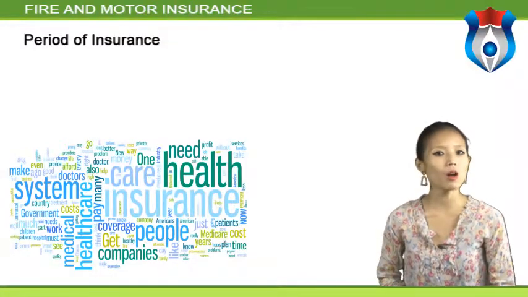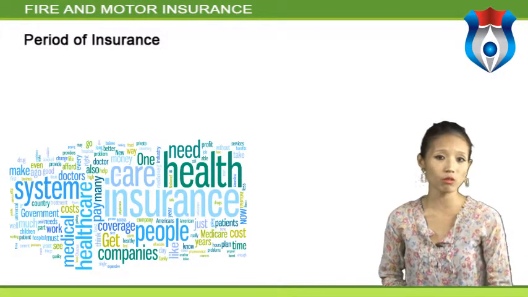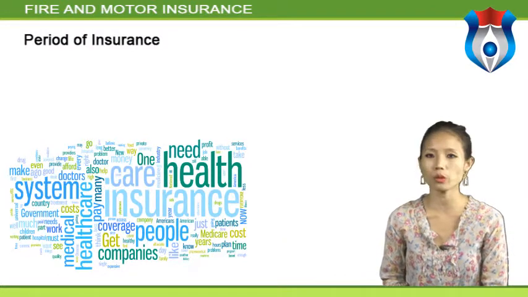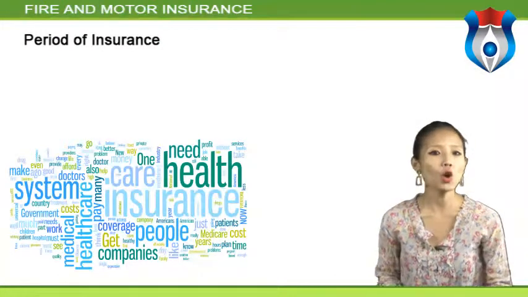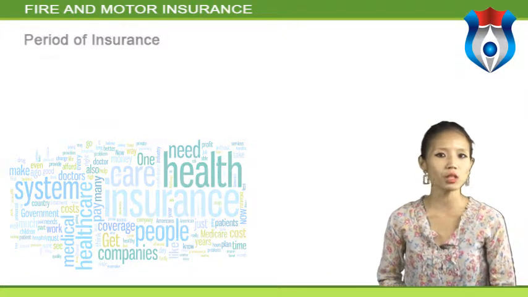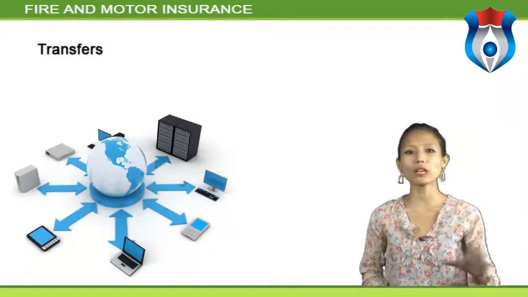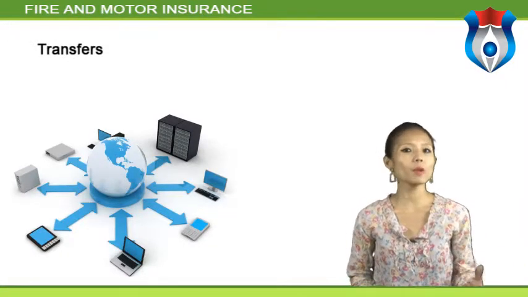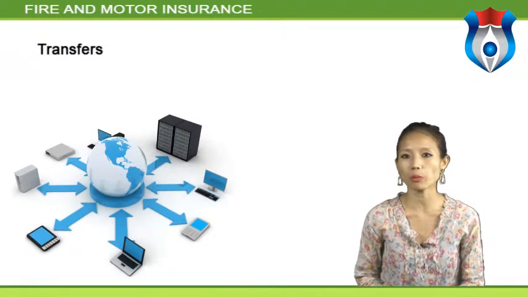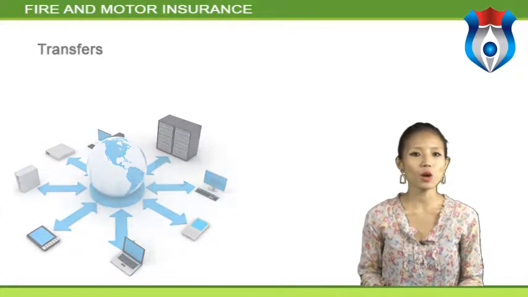Period of insurance. Unless specifically stated otherwise, premiums quoted in the schedules under various sections of the India Motor Tariff are the premiums payable on policies issued or renewed for a period of 12 months. No policy is permitted to be issued or renewed for any period longer than 12 months. Transfers. On transfer of ownership, the liability only cover, either under a liability only policy or under a package policy, is deemed to have been transferred in favor of the person to whom the motor vehicle is transferred with effect from the date of transfer.